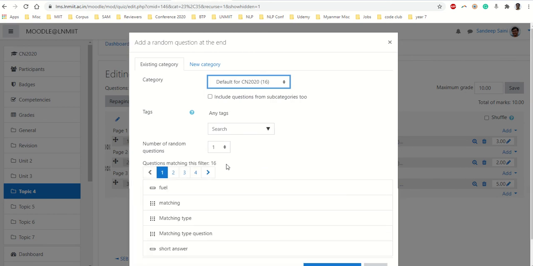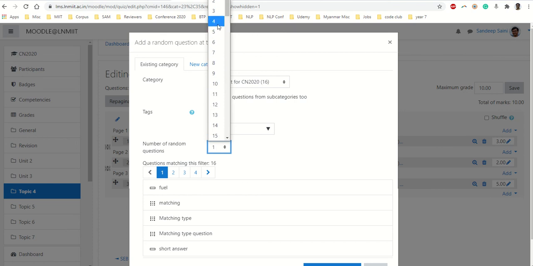There are 16 questions. So I want to conduct an exam or my quiz and I collected my pool. And I want to say out of these 16, I want to pick random 4. So just say number of questions 4 and it will pick 4 random questions from that particular category.